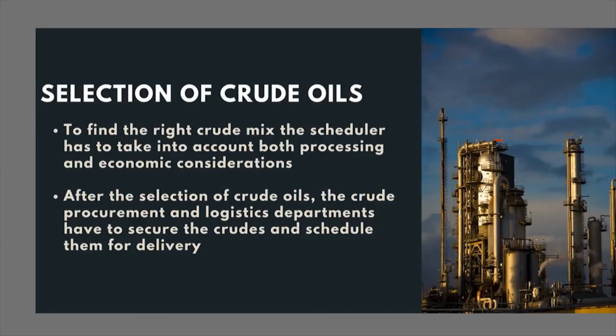So what they can do is the heavy crude oil can be slightly blended or spiked with the regular crude oil, and this way this heavy crude oil can be consumed. So which is going to be a time consuming process. To find the right crude mix, the scheduler has to take into account both processing and economic considerations. So the operational issues as well as market issues need to be considered before planning and scheduling of the crude oil. After the selection of the crude, procurement and the logistics departments have to secure the crude and schedule them